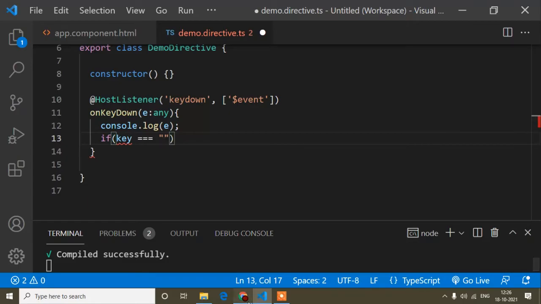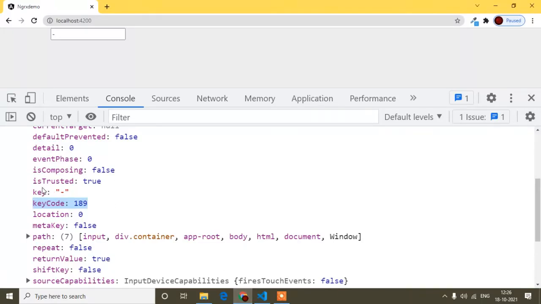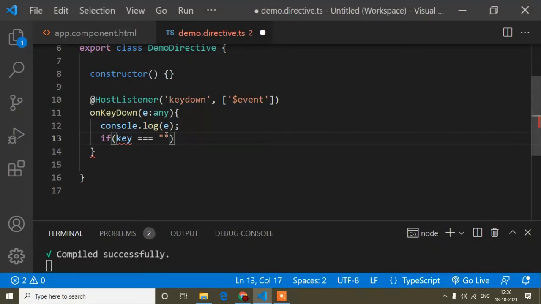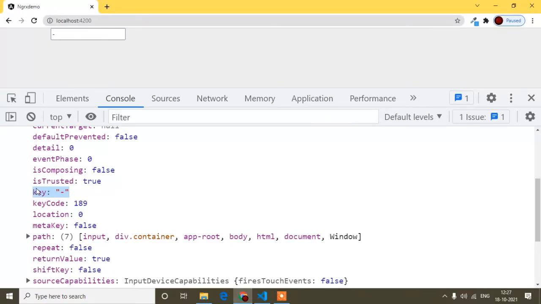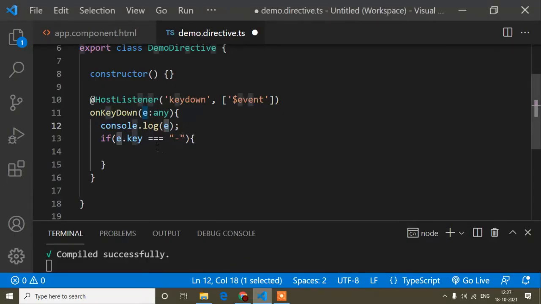Simply write key, so key triple equals minus. Here I have to write e.key, because inside this e I was getting the event. So when e.key is minus, only then will I block the event.